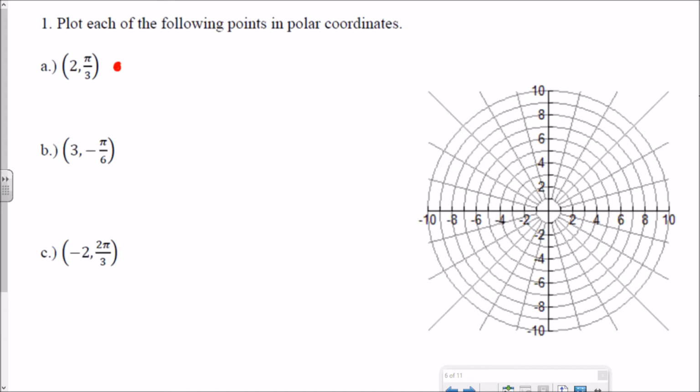All right, so let's go ahead and try one. I'm going to do this one first. It says plot each of the following points in polar coordinates and gives us the point (2, pi over 3). So 2 is the r, that's the distance from the origin. So if this is the origin right here,